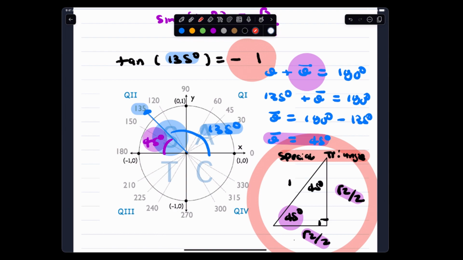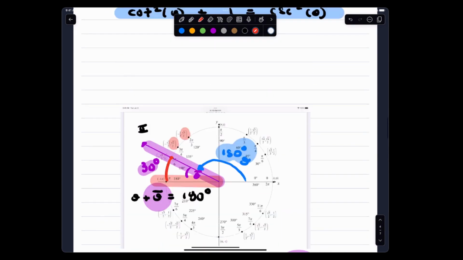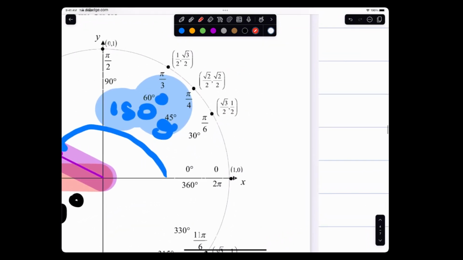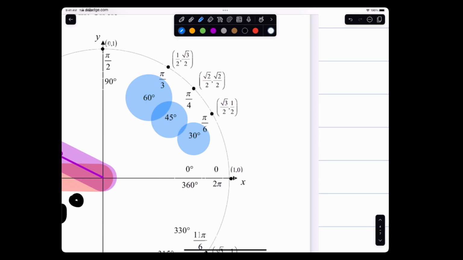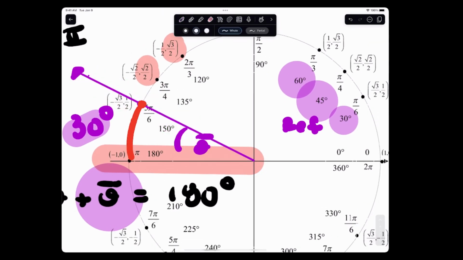It's going to come down to, ladies and gentlemen, like I said to you guys, quadrant 1 is what they're going to start to just ask you about. This. Now, they're not just going to ask you for, this is going to be your reference. So I'm going to color it purple. I like coloring purple, the reference angles. So these are going to be your reference angles. Okay, I'm going to say that again. These are your what? Reference angles. But they're going to ask you, really,